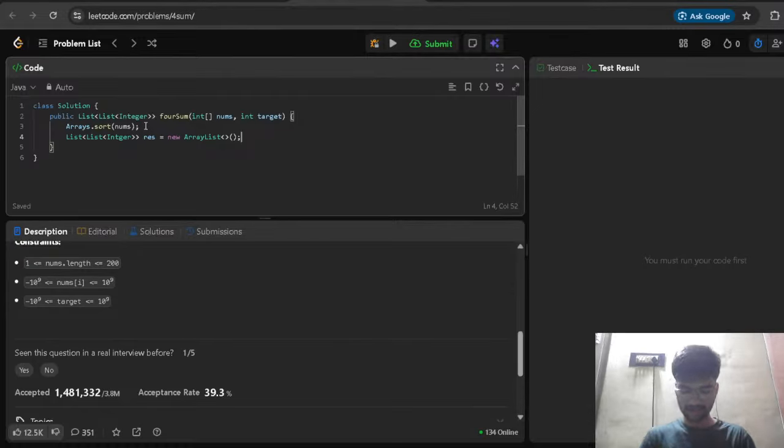Next we create a variable int n equals to numbers length. Okay, we have declared n here. Now for fixing the first number,